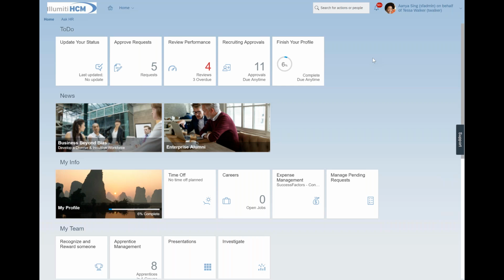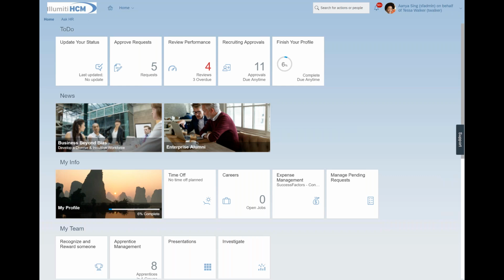And so because Tessa is a recruiter, we're getting some of her recruiting tasks listed up here at the top. We have maybe some news or announcements geared towards her and her particular role. And then she also happens to be an individual employee, so some of her employee self-service features and functionality display here as well. And again, every user coming into the system is presented with an options menu that meets their particular needs.